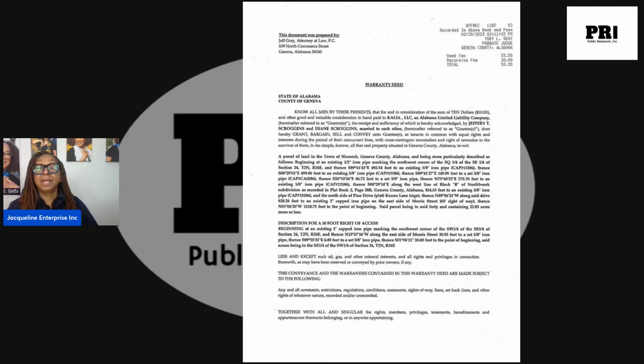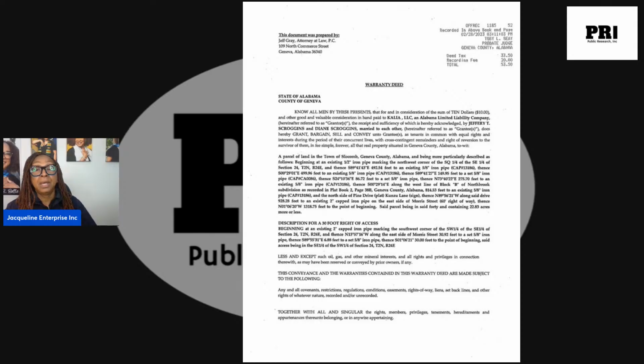Now, when we look at the other one, we see the same information there. We see the grantor, who is a corporation, all right? And then it shows the grantees. And when we look at the grantees, we see married to each other. You want to list that because that's their marital status. And then right after the word grantee, we see the tenancy as tenants in common with equal rights and interests